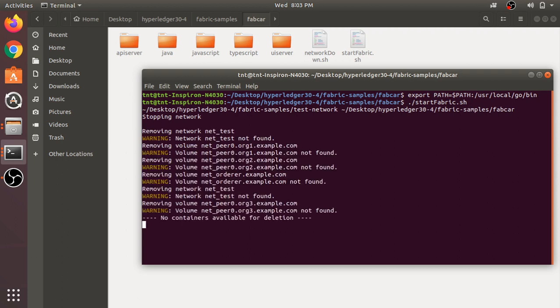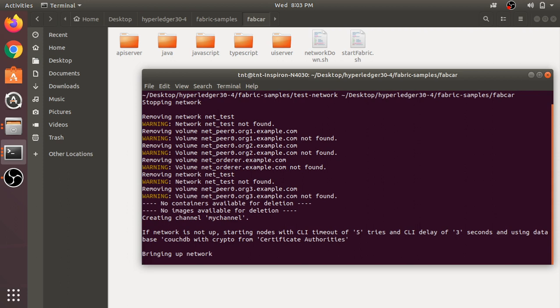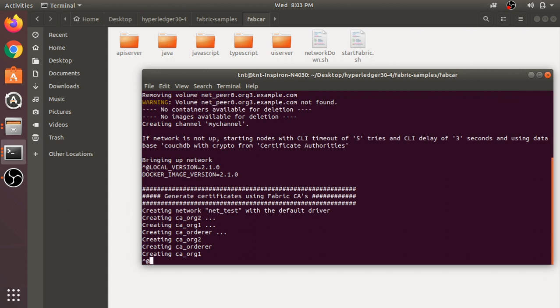Okay, so this will first check whether any network is currently executing and try to remove it. Then it will start to bring up the network. It takes a few minutes to start, so we can continue the video after that. Here you can see it is generating fabric version 2.1, generating certificates using Fabric CA, and creating the ordering service for organization 1 and organization 2.